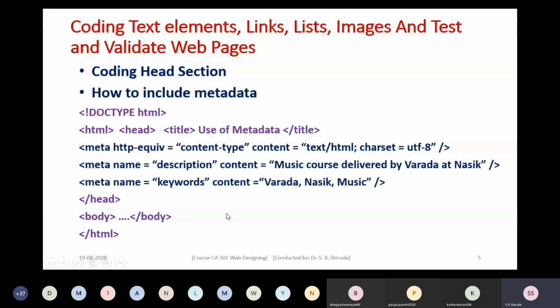By using these keywords in the meta tag, the search engine can identify the particular web page and give you the web pages. So that is the use of the meta element. This way one can make use of the meta element.